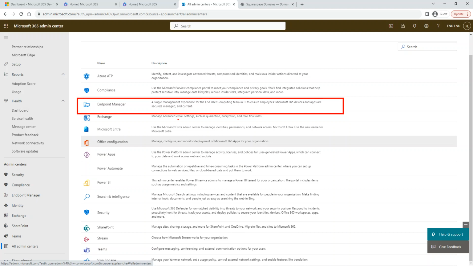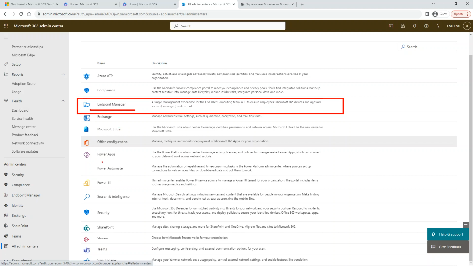So when they register that device in the organization, they can wipe it out. Like if somebody stole it, they can wipe it out remotely. They can deactivate it, things like that. So that can happen using this technology. Okay. That's why we call it endpoint manager: a single management experience for end users, for employees, for all apps and devices and all that in there.